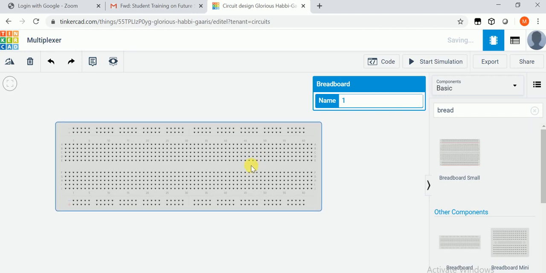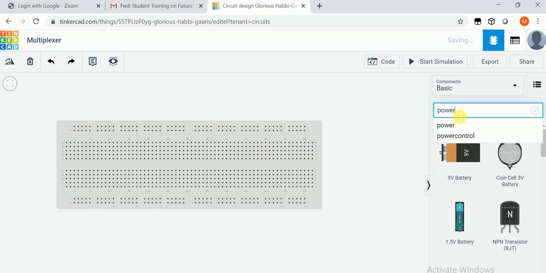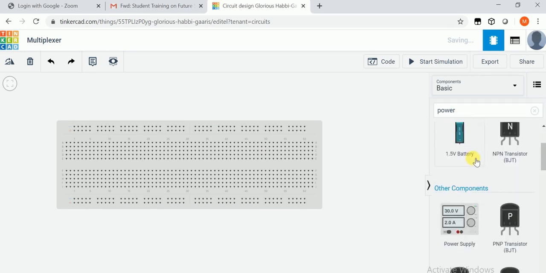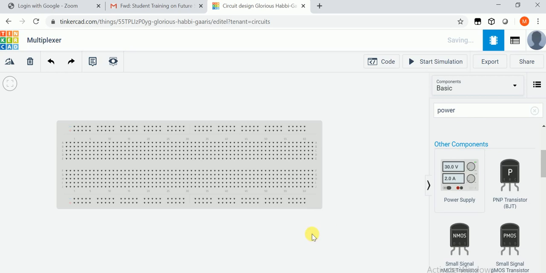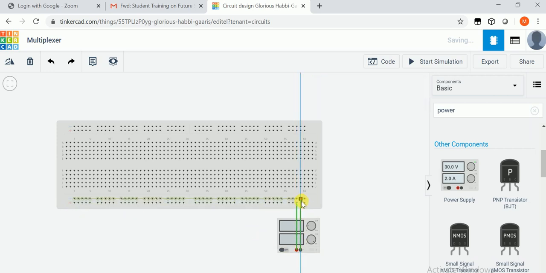Next thing required is power supply. Second thing is power supply. Okay, so this is the power supply. Let's connect this red to this plus line, and this ground to the negative line.